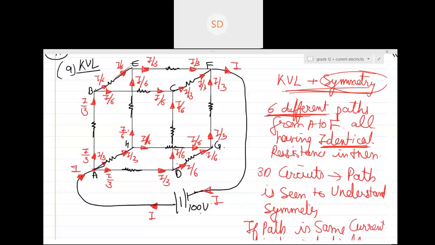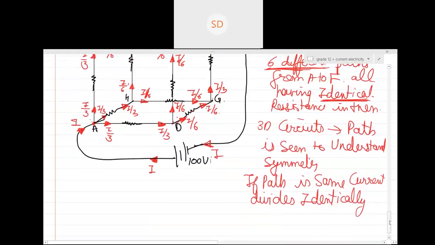It will take a little time to see symmetry, but with more questions you will do in this topic, the concept will automatically become clear. Divide the current, apply Kirchhoff. Take any loop now. Please proceed to solve it. Apply Kirchhoff on any 3 points. By the way, the third loop should be this outer loop. So take any 2 loops, or take this outer loop. There is no third loop required.